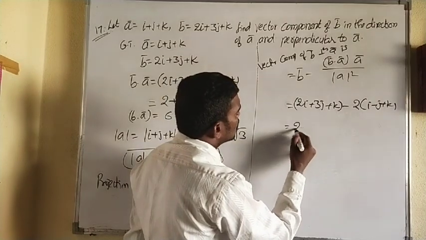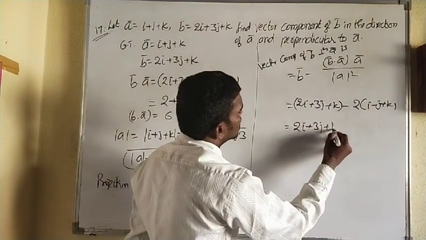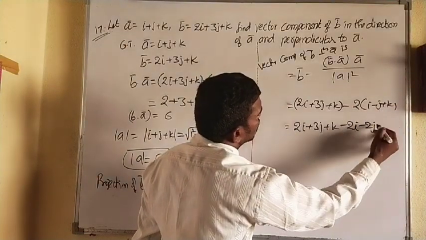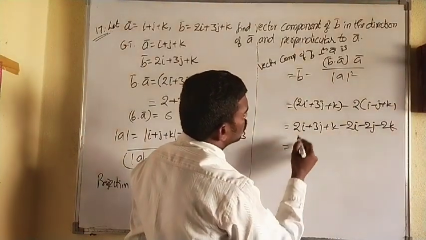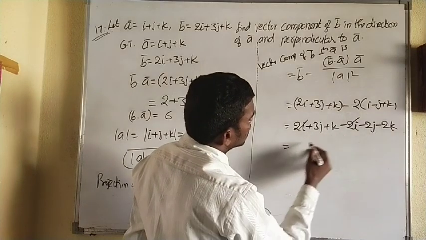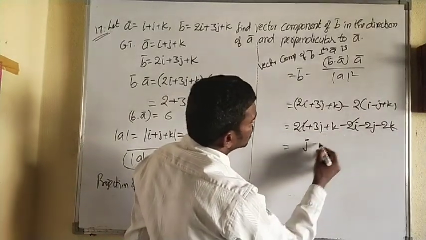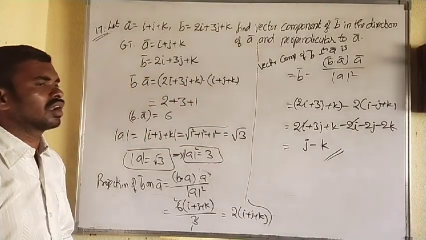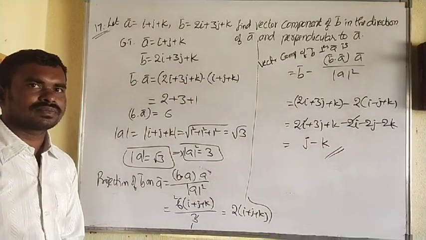So simplify this: 2i plus 3j plus k minus 2 into i minus 2 into j minus 2 into k. So 2i minus 2i cancel, 3j minus 2j is j, k minus 2k is minus k. So this is the vector component of b perpendicular to a bar. That's it. Next one,